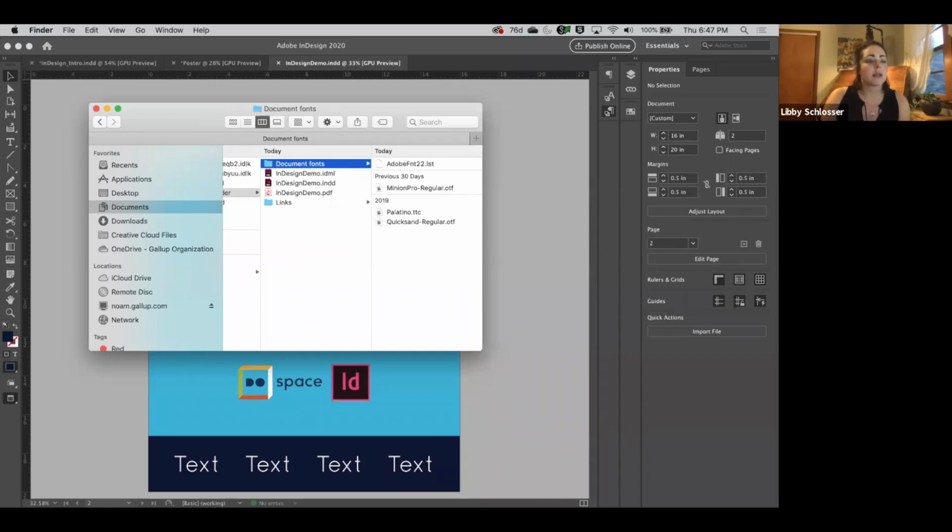You can send a PDF to a printer, but you might lose some of the quality. It just depends on how complex your file is. If it's just a poster, it's very easy to send a PDF. But if it is